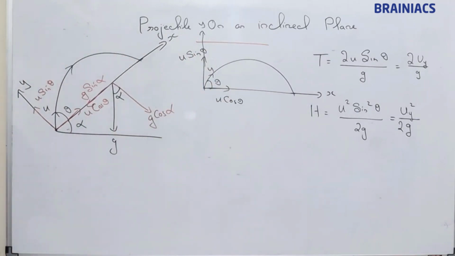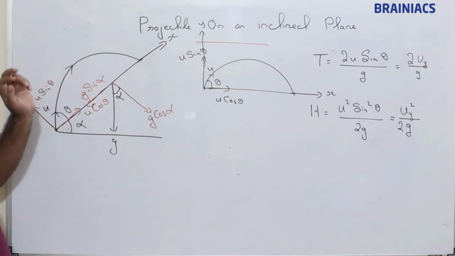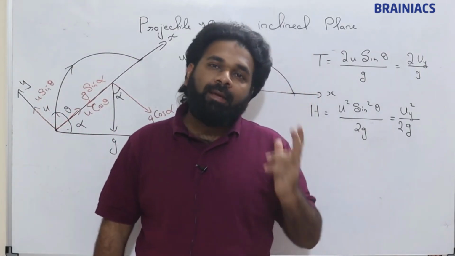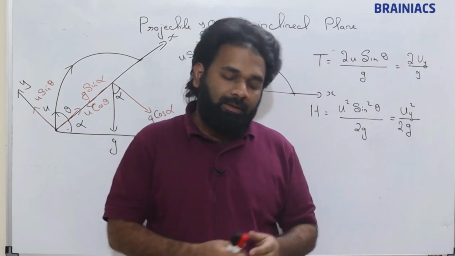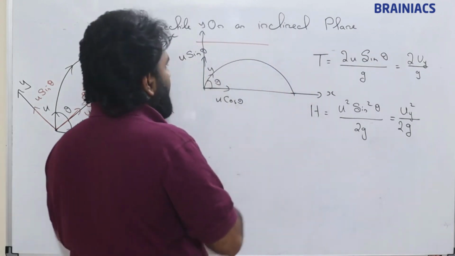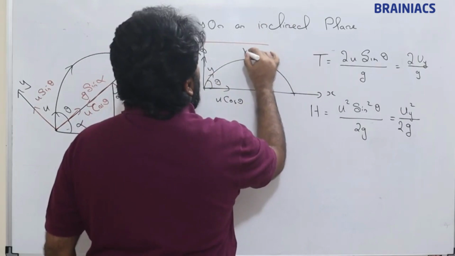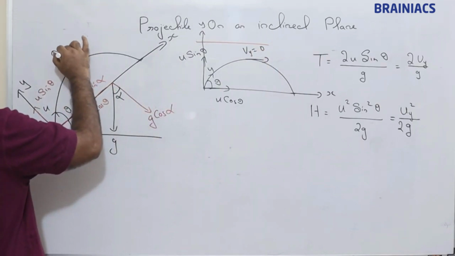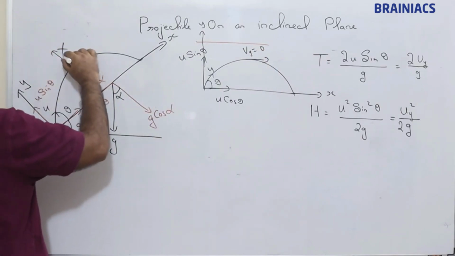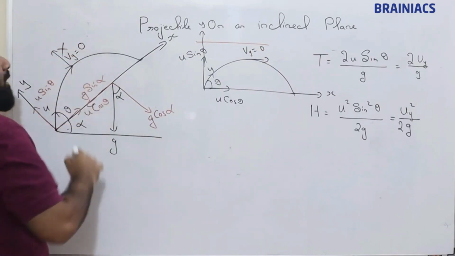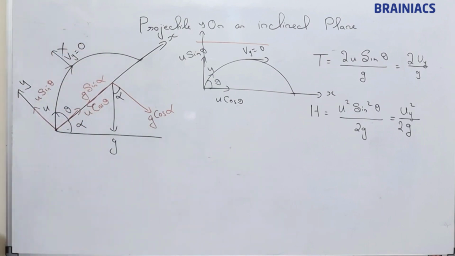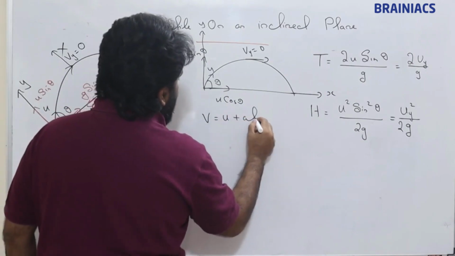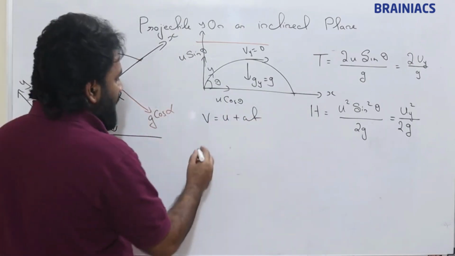how we can find? See, at a maximum height, what is the y component of velocity at a maximum height? At a maximum height, the y component of velocity here is 0. Same way here also, it is not going further. So we can say that here also the y component is 0. So if we use this equation, v is equal to u plus at. So here